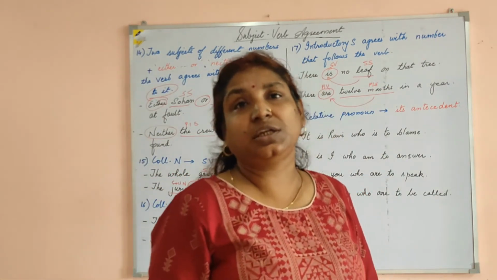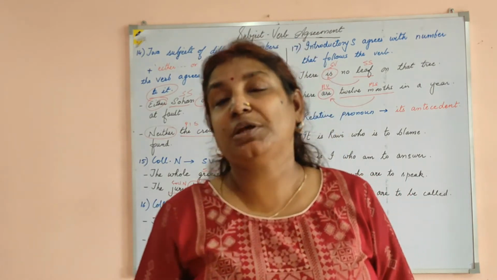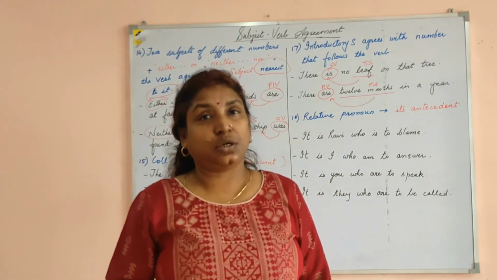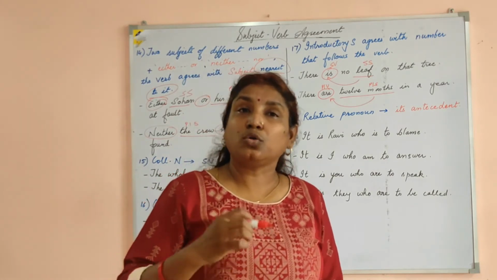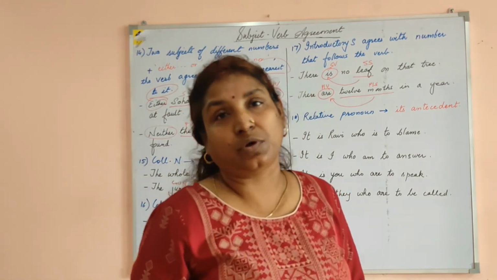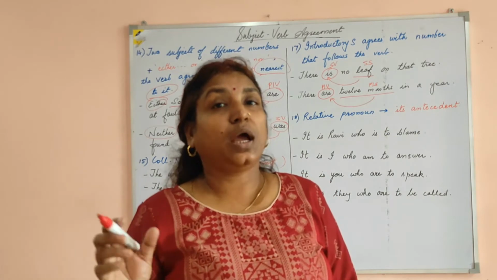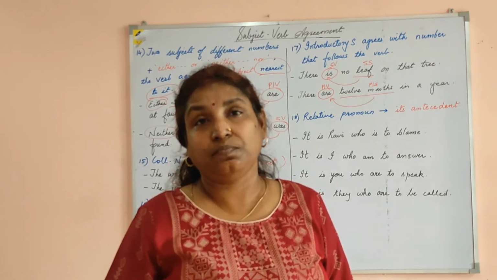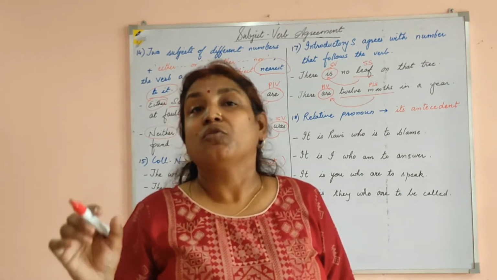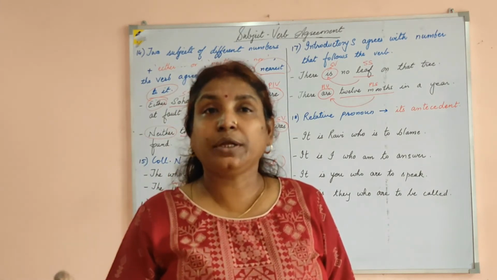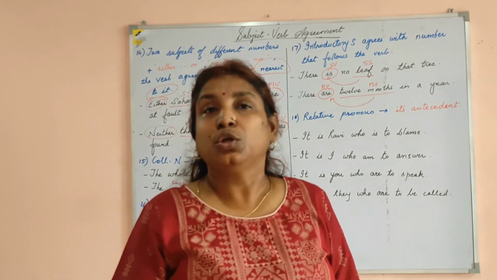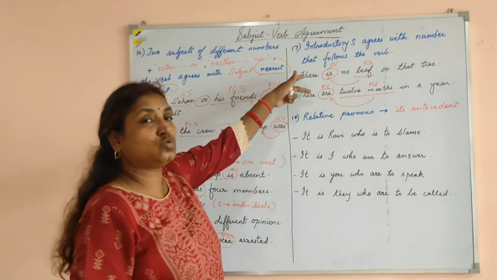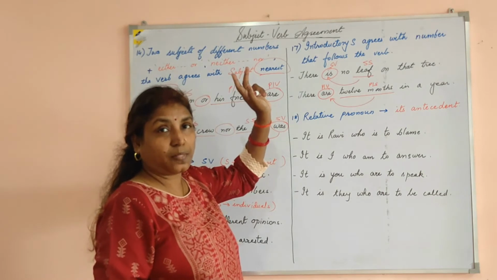So whenever there is an introductory subject, always keep in mind that introductory subject is not the actual subject, and hence it is not going to impart any number to the verb. Instead, we have to look for the actual subject, which is often placed after the verb. Pick out that subject, find the number, and according to the number of that subject, you will provide the number to the verb, as we have seen in these two examples.